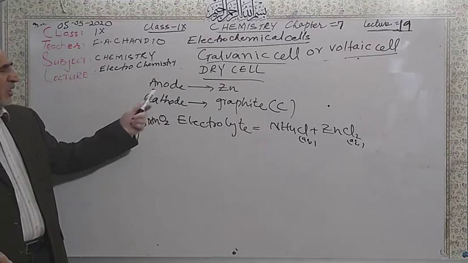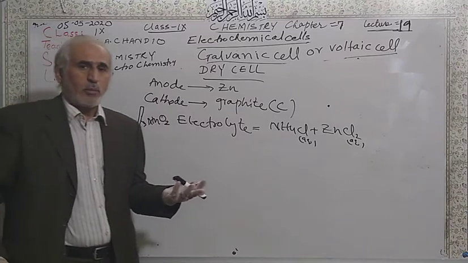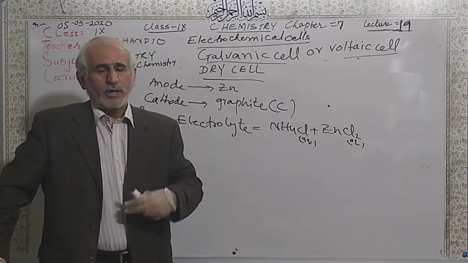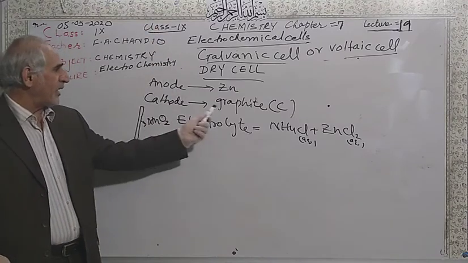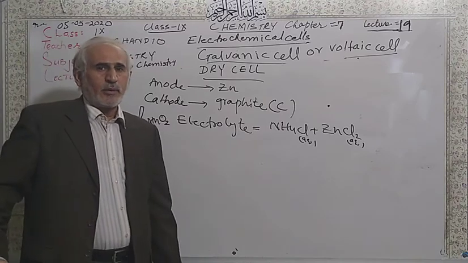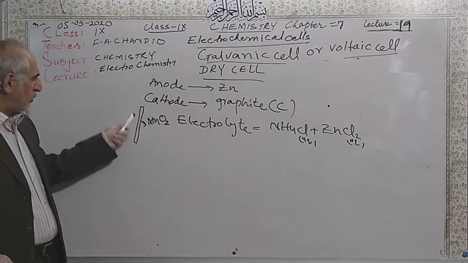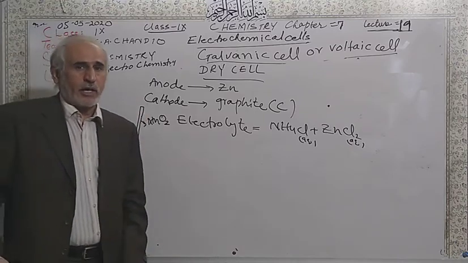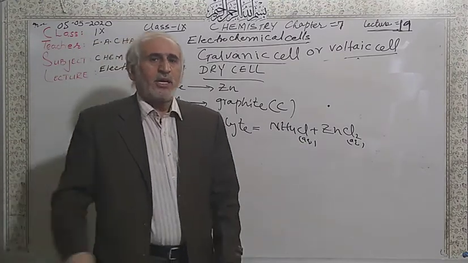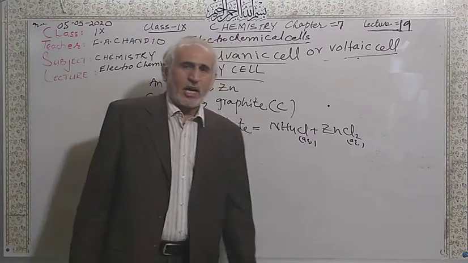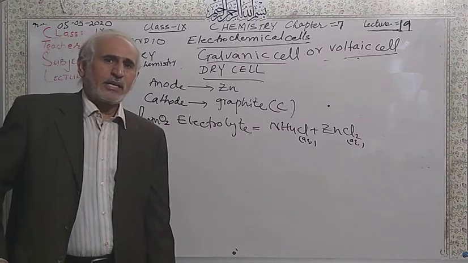So this is the construction. The whole container outside is made of zinc, and when the cell is complete, outside there is cardboard, a very hard material for insulation. Inside there is a rod. This contains carbon, graphite, inert, which allows electric current to pass, with charcoal, and manganese dioxide. The charcoal is put around the graphite carbon. And then you put the salts, ammonium chloride and zinc chloride, with moisture because they should be in ionic form, and they are used as electrolyte, meaning electric current passes through the cell.